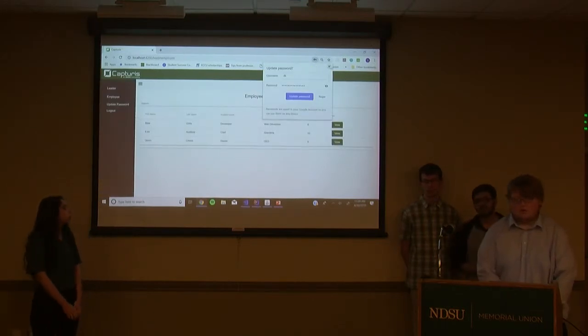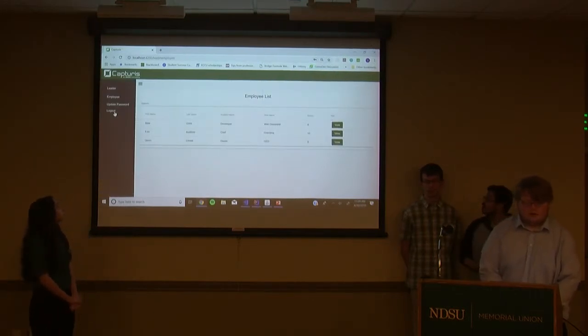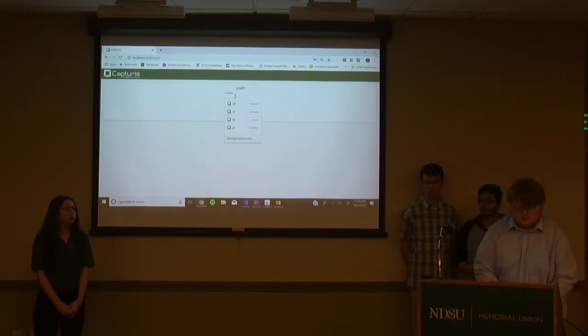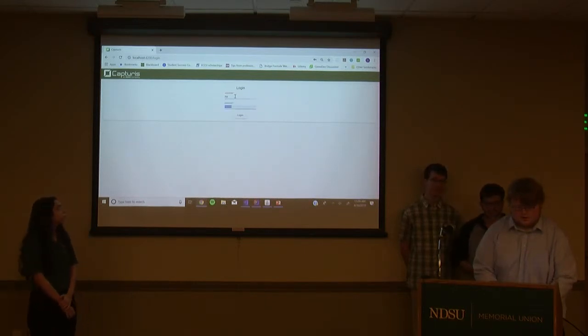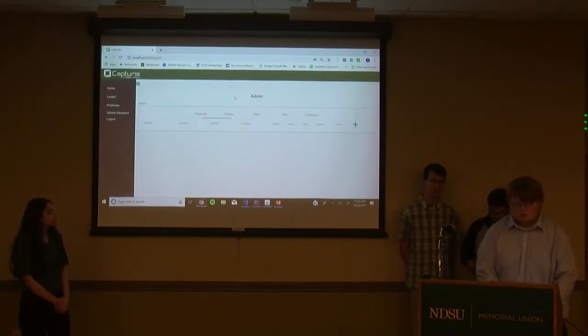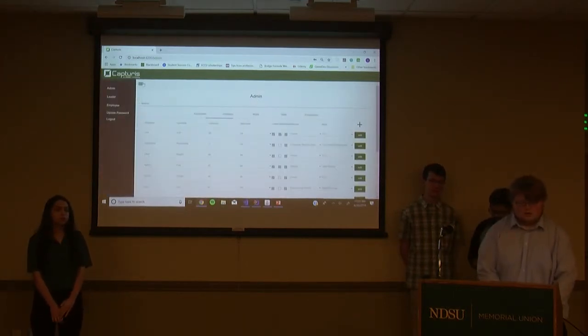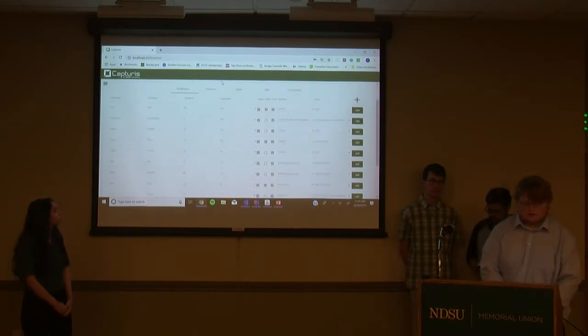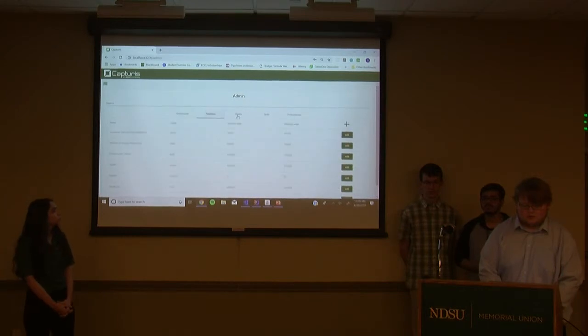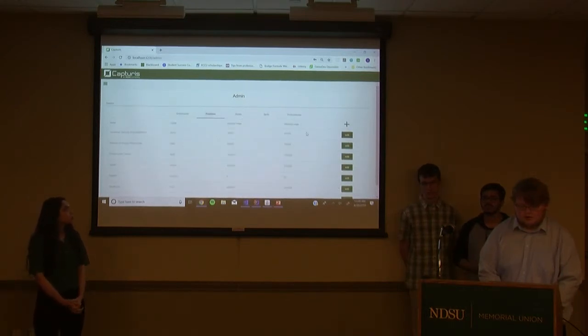There you go. And then to wrap up the demo, I would like to show off the admin page. So if I log in as an admin, here is where we can view all of the tables in the database. So here is the employee table, here is the position table, and so on. So if I want to go to the skills,